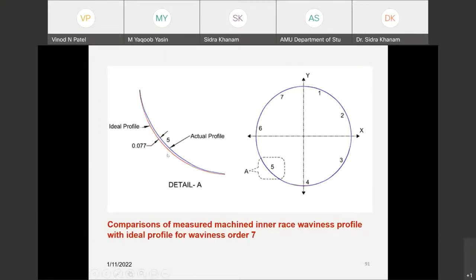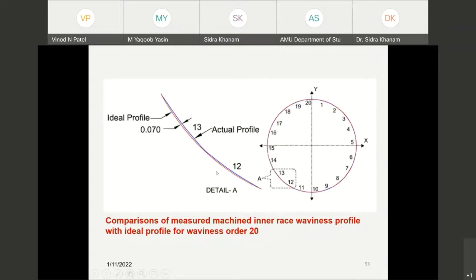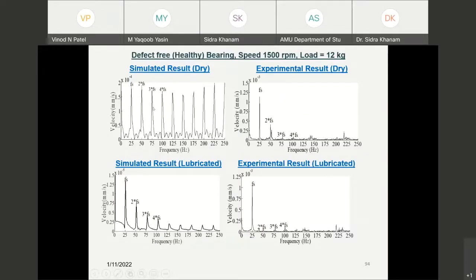Here this will provide some waviness. Here is the photograph for that, because the waviness order is changed in this case. The number of waves available in one periphery is 20. Now the simulated effect for dry, that means if lubrication is not there, in that case we found out that values